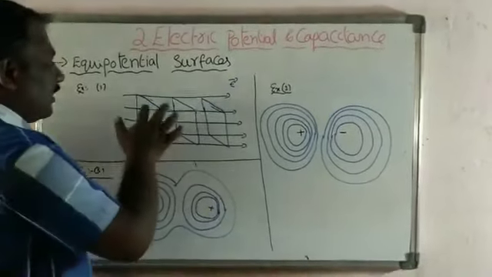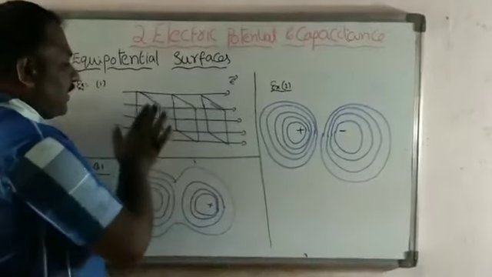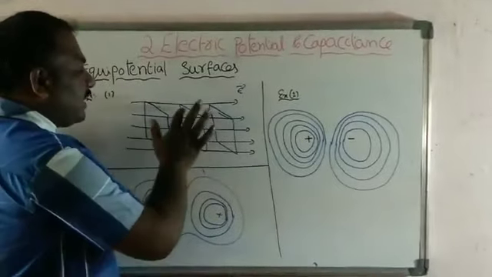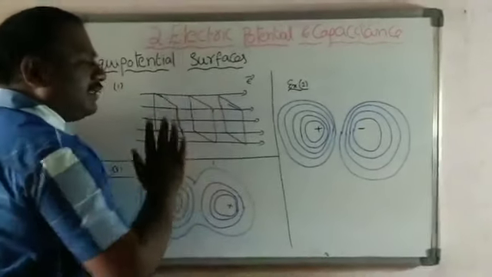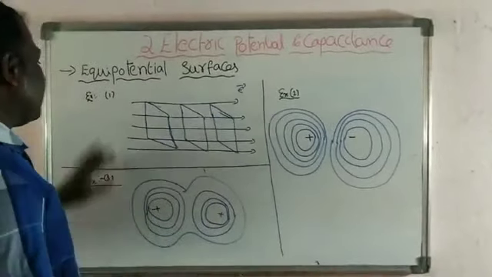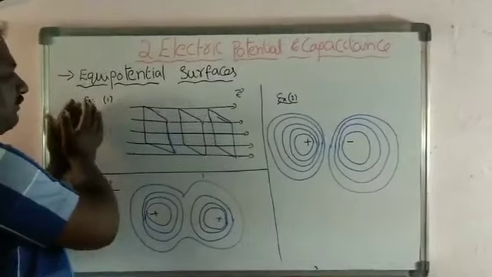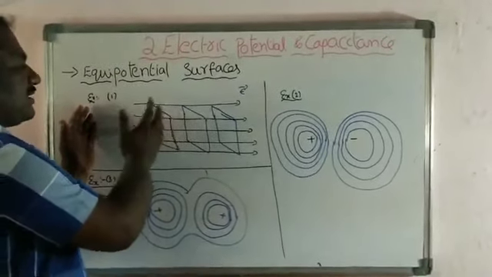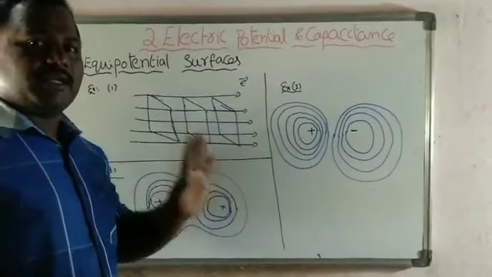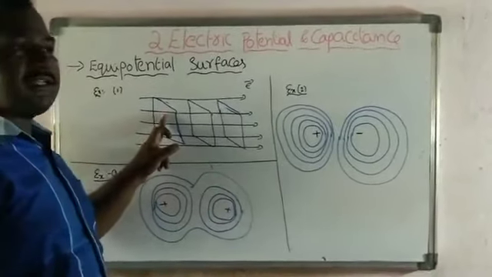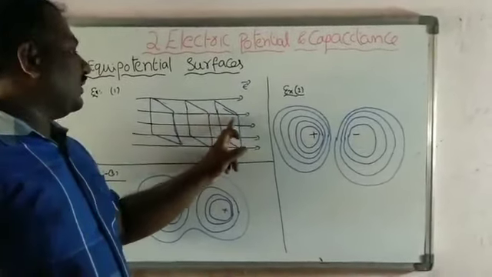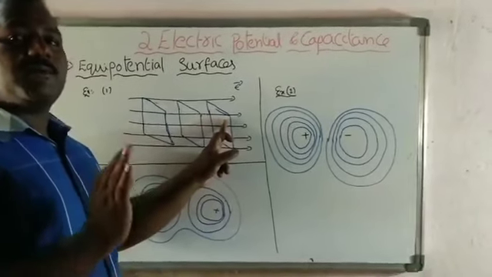Here you have to remember, these two are not at the same potential. All the points on this surface have equal potential, and all the points on this surface have equal potential, but these two surfaces have different potentials. Why? Because if you take a charge here, from the charge this surface is nearer and this surface is far. Depending upon the distance, the potential changes. Remember that point. This is an equipotential surface with potential V1. This is an equipotential surface with potential V2. This is another equipotential surface with potential V3.